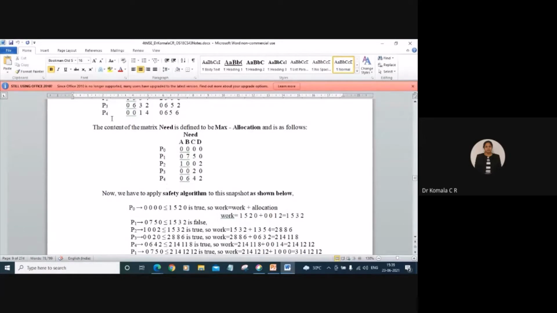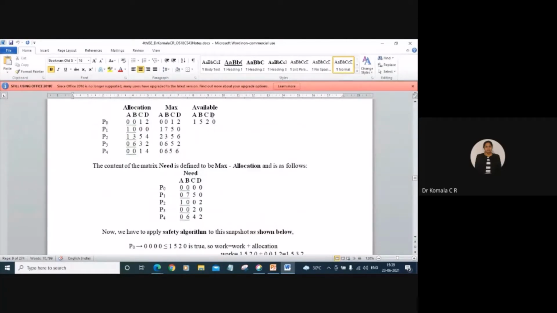We will check for each and every process whether we can go with the same order or not, with the help of the equation. First we will define a variable work. Then we go on based on the result of this condition. We are going to check for the sequence here, right? So let us check the need value of P0. I have 0, 0, 0. Whether this need is less than or equal to work. Work is nothing but the available, which I temporarily assign to work, right?